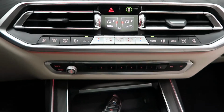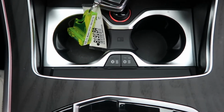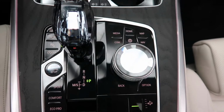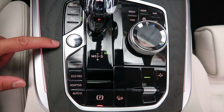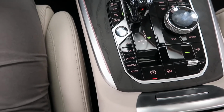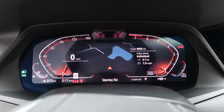dual climate controls, radio, USB ports, heated and cooled cup holders, hard keys for a media display, different driving modes. This X7 has 4,806 miles, Carfax and service records available